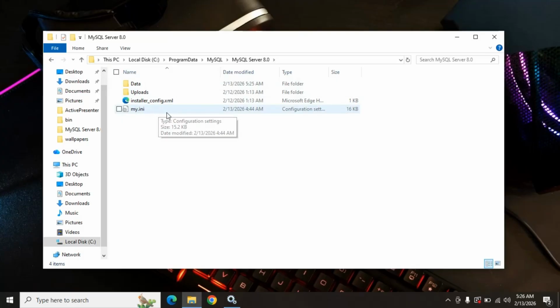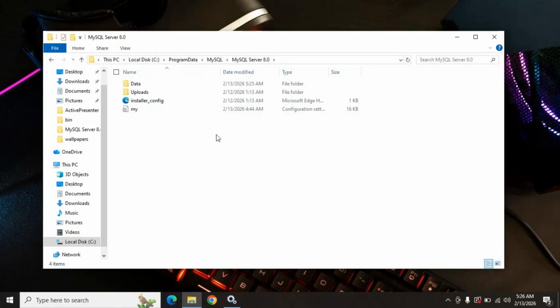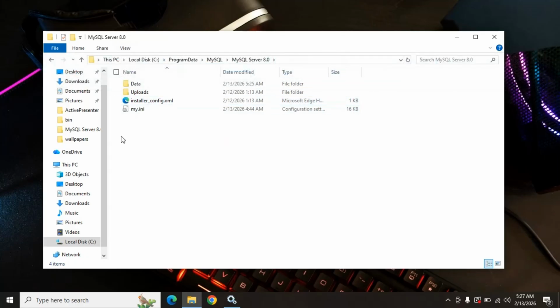my.ini. If you don't see the extension, it's basically no problem. In case you see something like this, it's because my file name extension is on. In some cases, you may see the same thing without it. Either way, it's still the same file, no problem with that. Once you see your my.ini file, you just